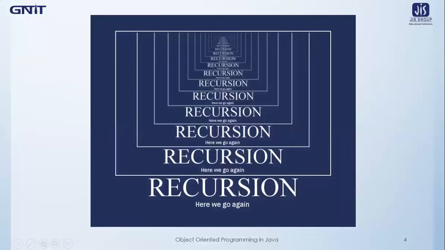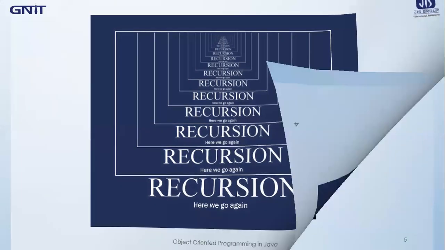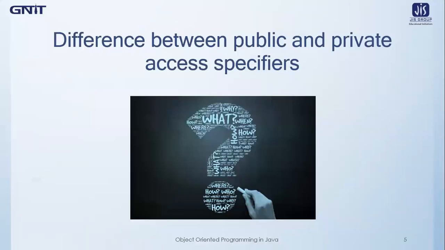Now let's go to our next topic of today's lecture, which is the difference between public and private access specifiers. I have already explained the concept of access specifiers in the very first lectures of my lecture series. There are 4 access specifiers that are being provided by Java actually: public, private, protected, and default. The 3 main access specifiers are public, private, and protected. These are the keywords also that are available in Java. And the fourth one is default.